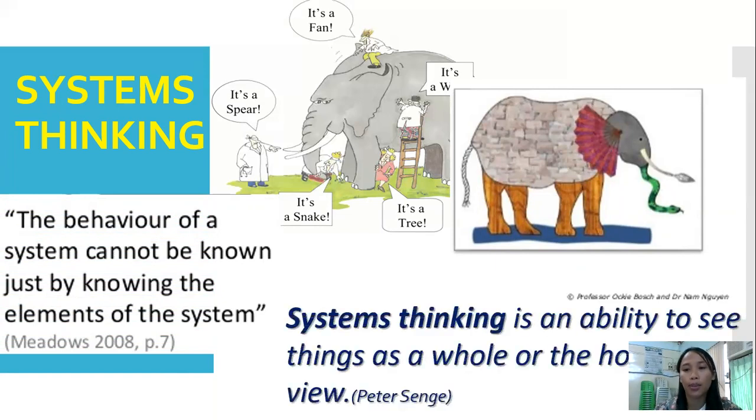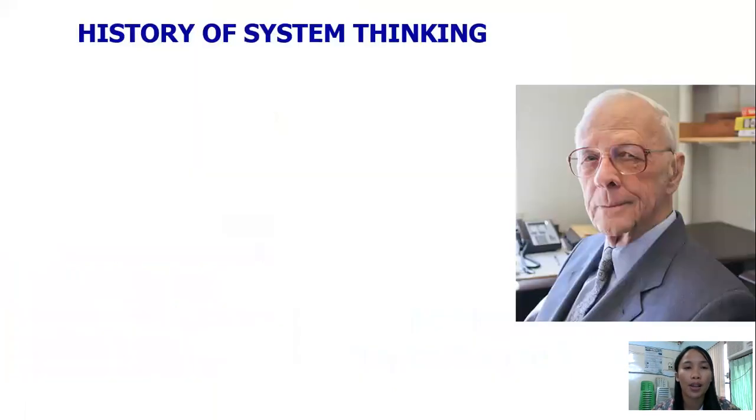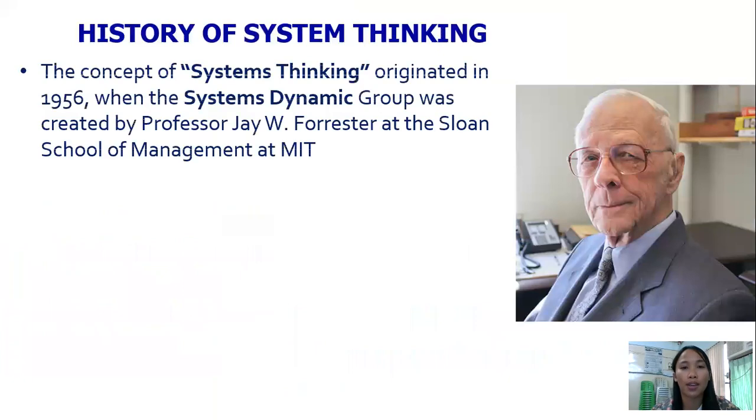Systems thinking is an ability to see things as a whole, or the holistic view. A systems thinker, in the future, you should not limit your thinking to the things that you have seen. You should look at it deeper. You should look at the holistic view. Now, the history of system dynamics or systems thinking